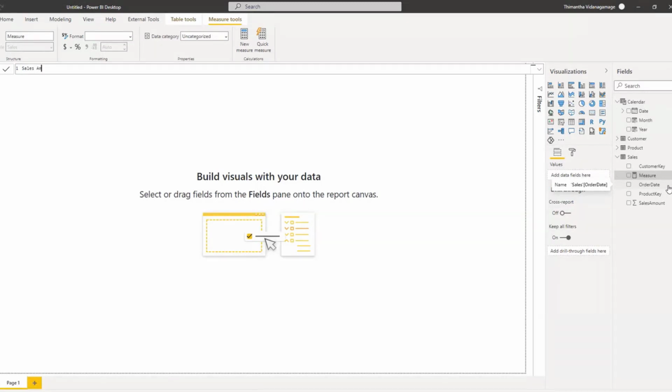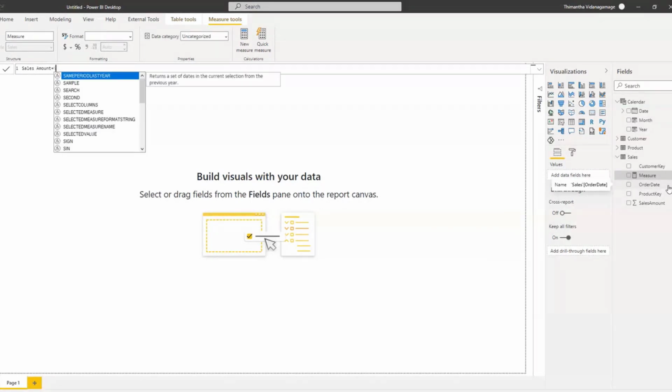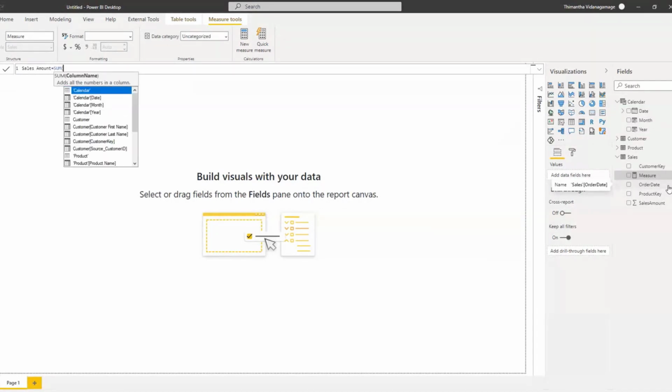Measures are highly optimized and do not store the specific values at the row level. When required, a measure allows us to slice and dice the data at whatever level we want to see it. It would not store any data, so it's highly optimized compared to calculated columns. So we'll be using a measure here, just summing up the sales amount, so that we can slice and dice it as per the requirement.